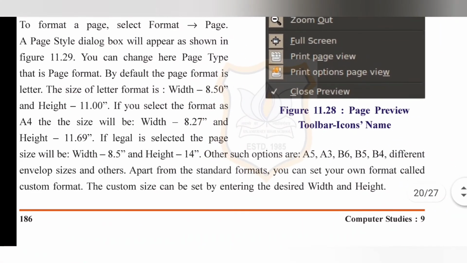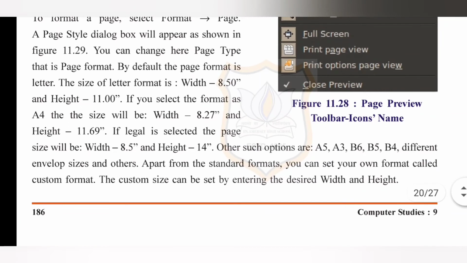The size of the Letter format is width 8.50 and height 11. If you select the format as A4, the size will be width 8.27 and height 11.69. If Legal is selected, the page size will be width 8.5 and height 14.